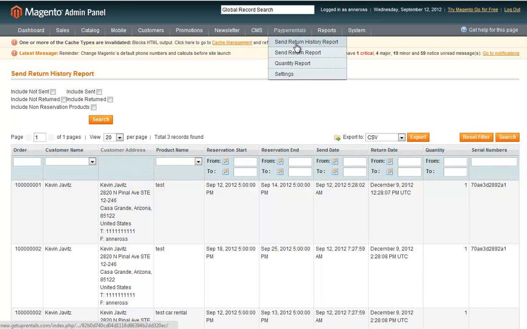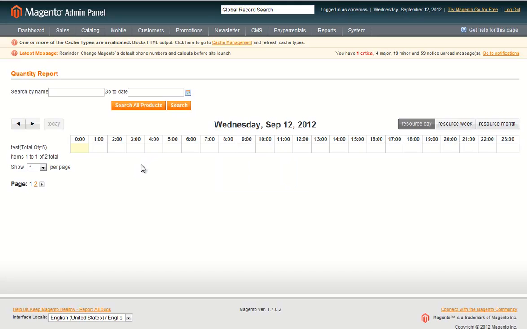In the paper rentals, you also have a quantity report, and this will show you how much quantity of an item you have per day. So you'll see you have resource week and resource month. Those will tell you the quantity available per week and month, and you can change how many are shown per day or how many products are shown per page. And if you go to Paper Rental Settings,